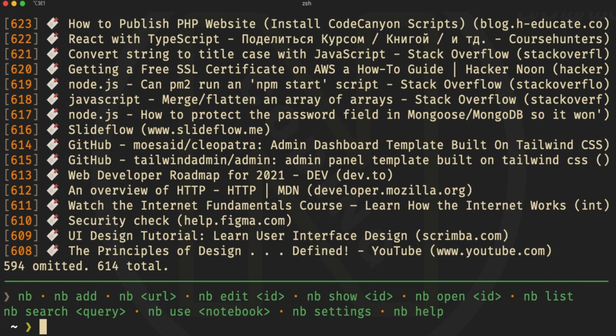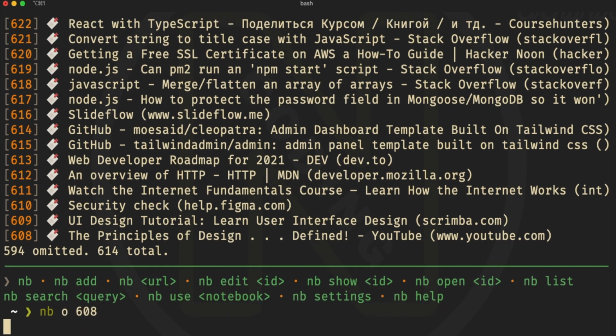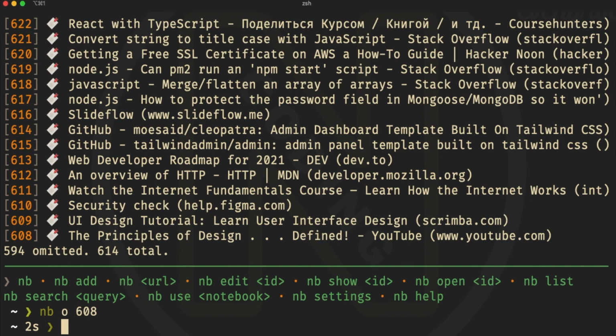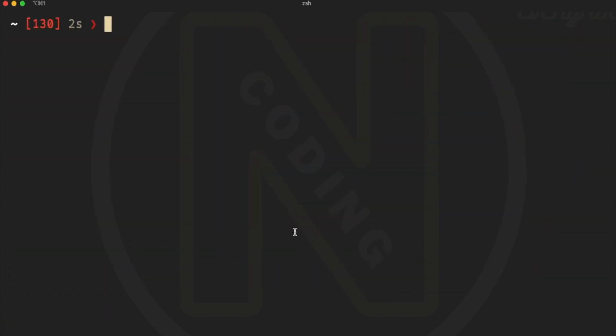On the left hand side, you'll notice that there is a number that corresponds to each bookmark. In order to open it, all you have to do is type nb space o space and then whatever the actual number is. That'll open up the bookmark into your web browser. I can also view it directly within my text editor by typing nb e and then whatever the corresponding number is for the bookmark. In order to search for bookmarks, all I have to do is type nb q and then